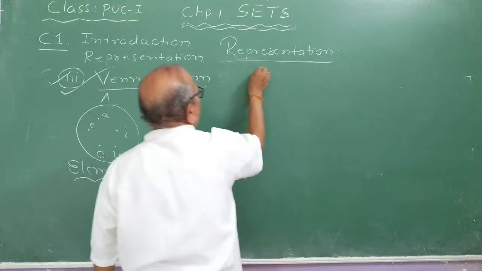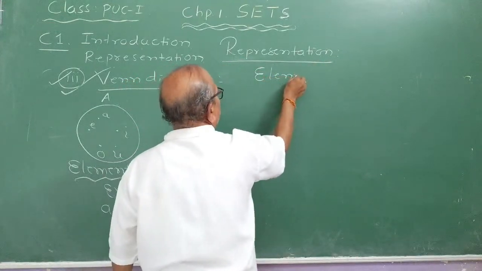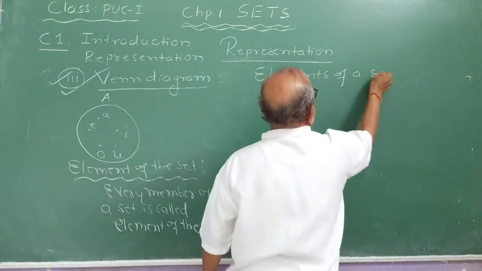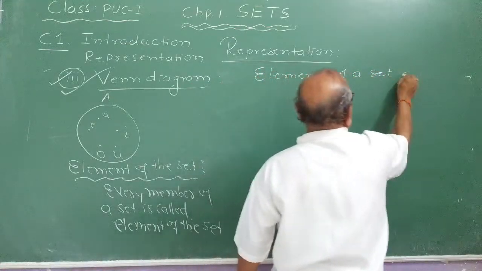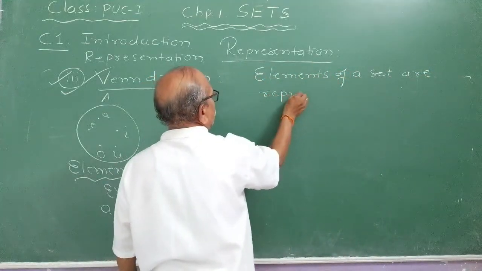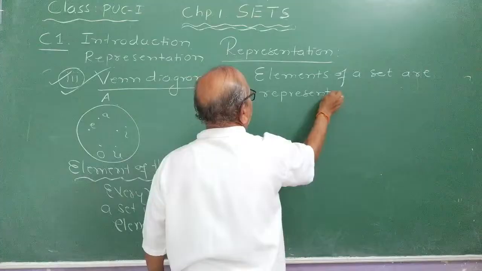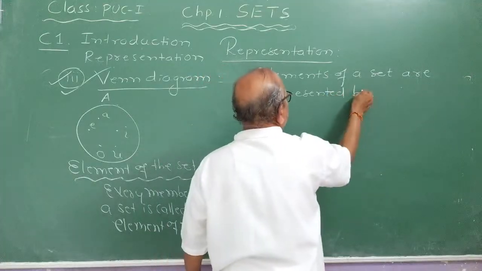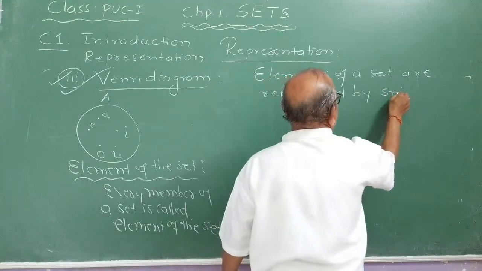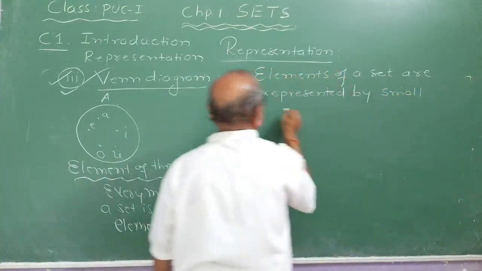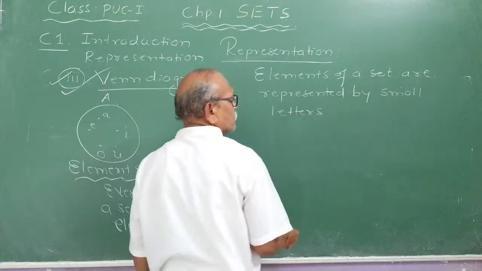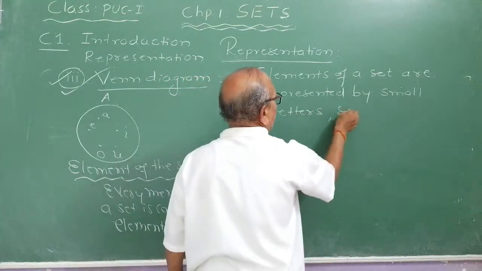Sets are written with capital letters. Elements of a set are represented by small letters. Suppose it is the alphabet: small letters separated by commas,